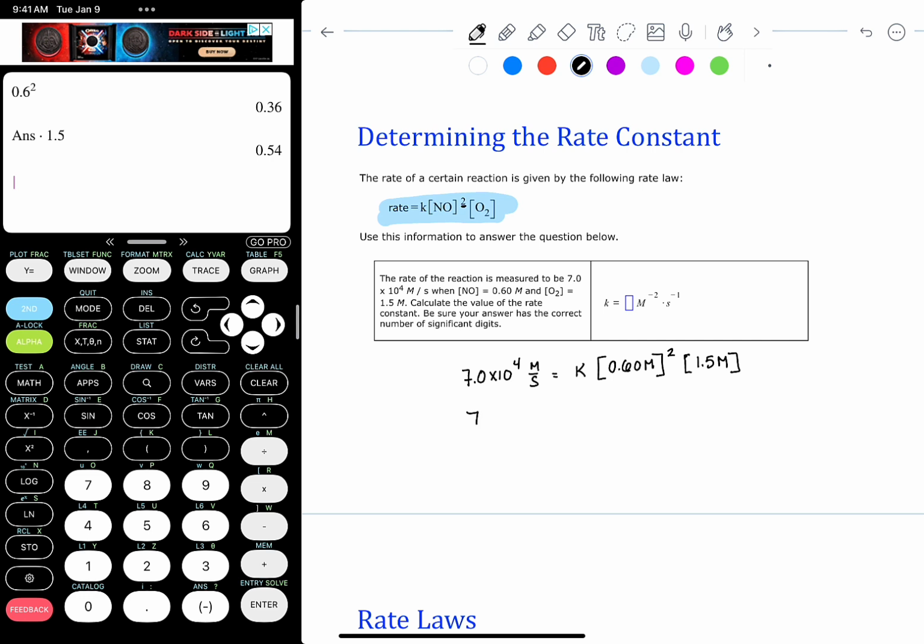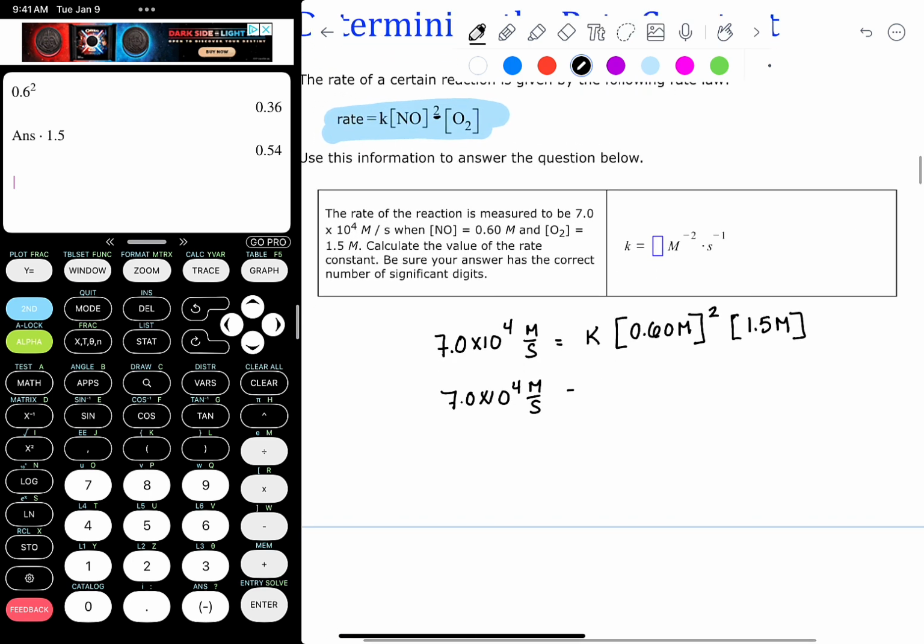So I get 7.0 times 10 to the 4th molar per second is equal to 0.54 times K. And now to solve for K, I'll take that 7.0 times 10 to the 4th, and I'll divide it by that 0.54 value. So we get a rate constant K will be equal to